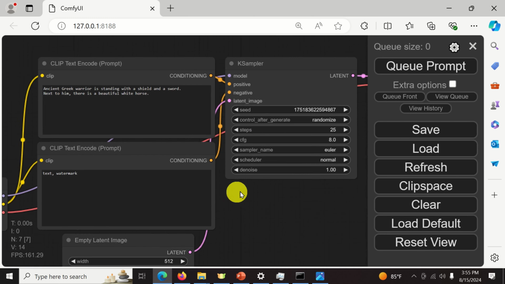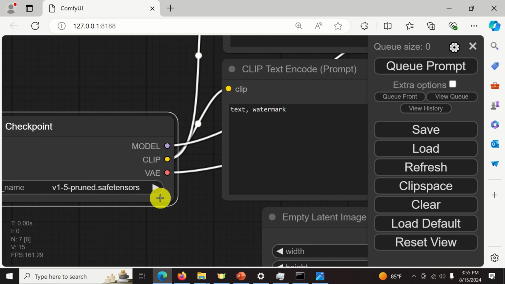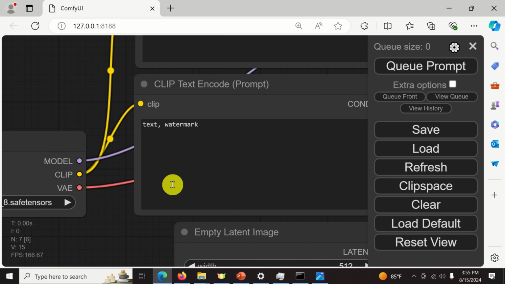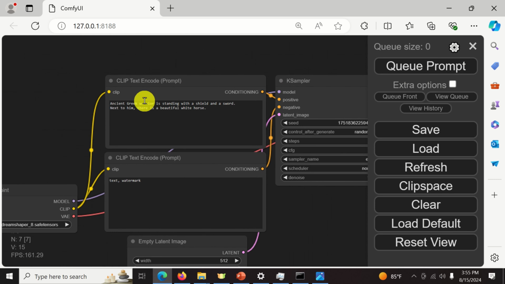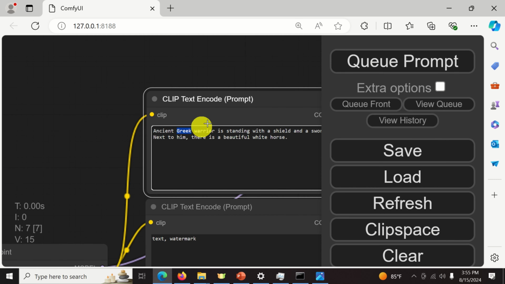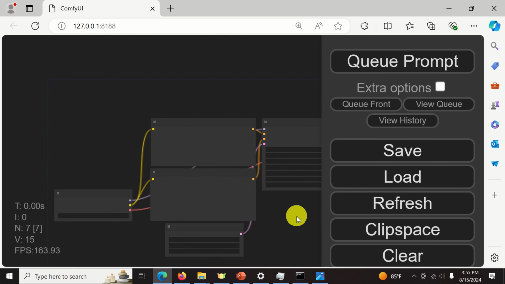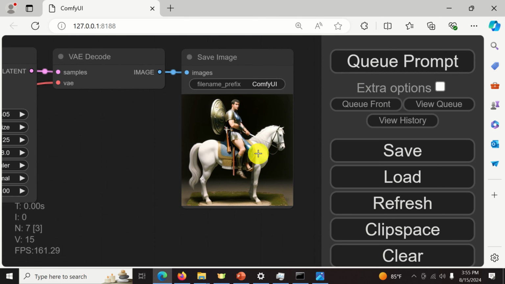To illustrate how the whole thing works, over here we will load a specific model. For example, we can change different models, and of course I'll teach you how to download different models. So for example, we will use this one. Then over here, let me just zoom out and show you, change the text. Let's, for example, say here that we want ancient Roman warrior. Okay, then over here we just need to click on this button and the process will start and we will